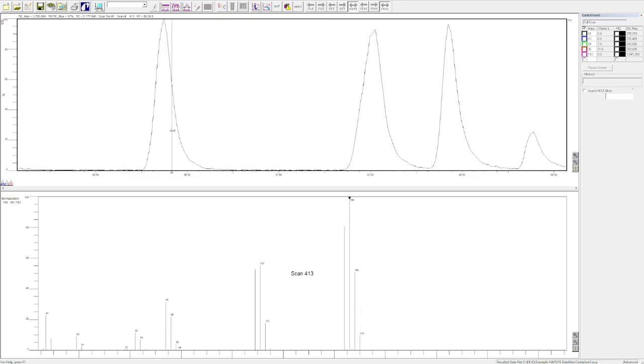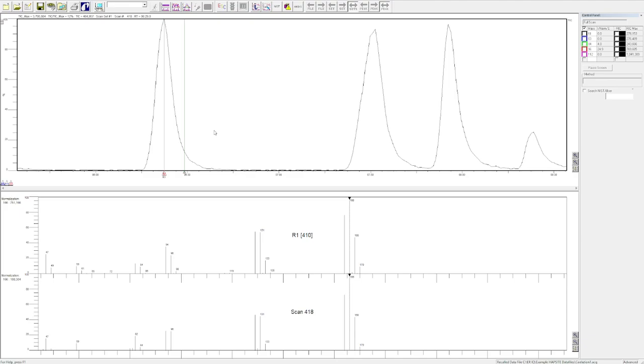This peak right here seems to be a good candidate for calculating area because it's only one peak, one chemical, so the mass fragments down here are the same on the left-hand side and the right-hand side of the peak. So to get its area, simply drag the candy cane, drop it on the peak, make sure that your scan selector is not at the same point in time, hover your cursor above the area tool, click, and then drag